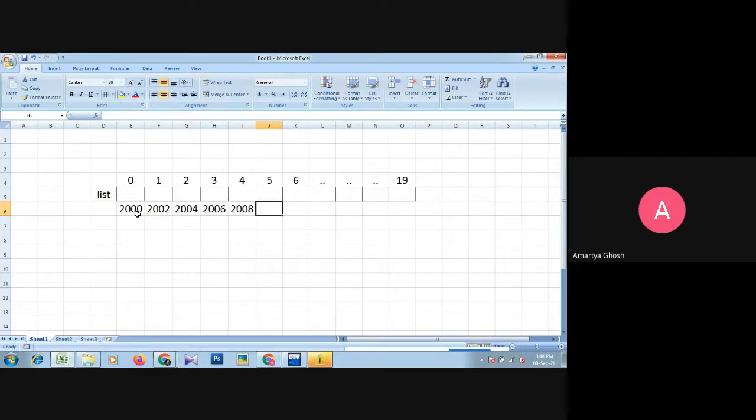Suppose there are 5 values, so the value of n equals 5. Okay, and the values are, suppose, 5, 7, 2, 9, 3. Now the new element,